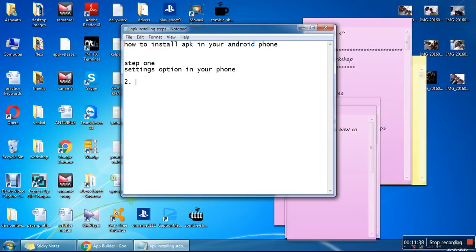Step 2, go to security in your phone, security option in your phone. Step 3, check the box install app from unknown resources.